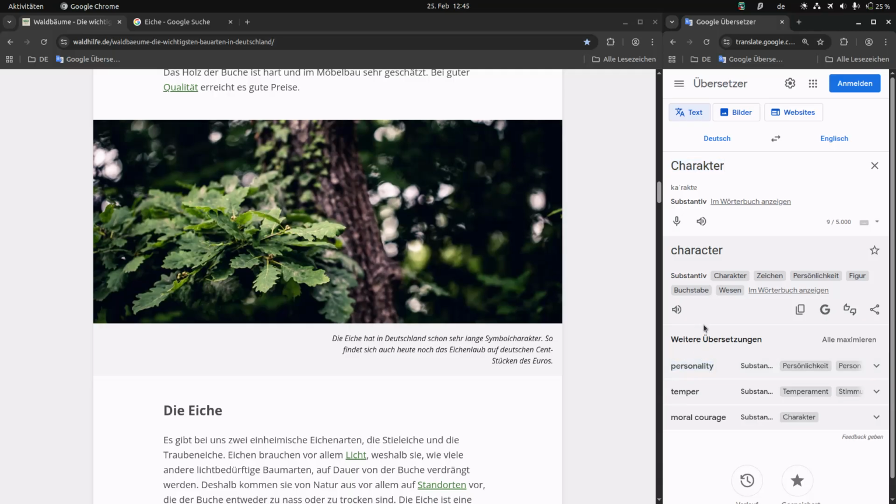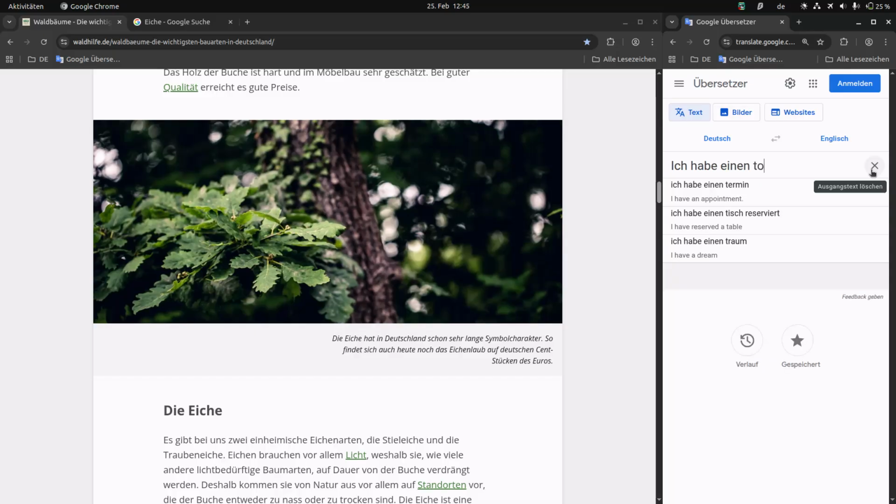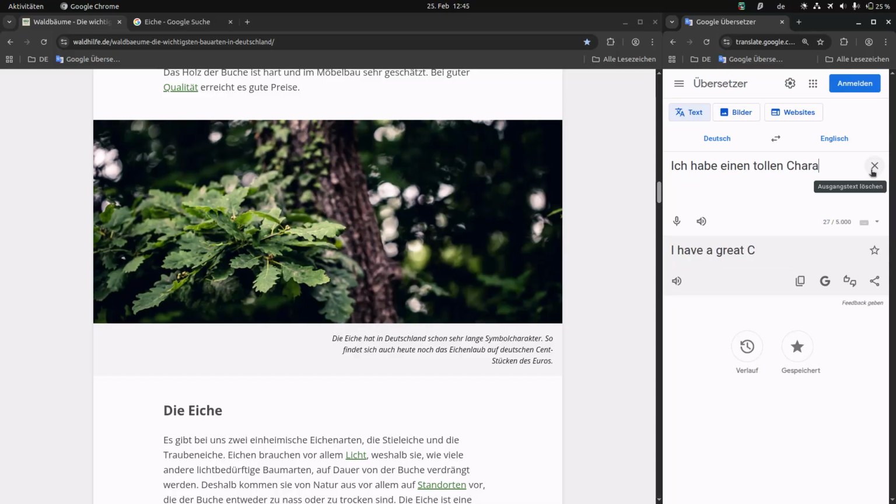And character is in this case more in terms of personality, of just a general person, like ich habe einen tollen Charakter, I have a good character, or you have,